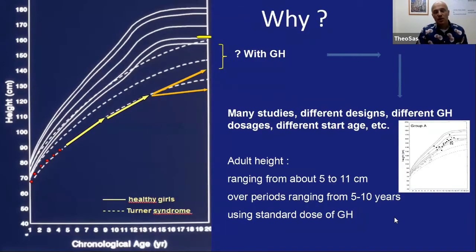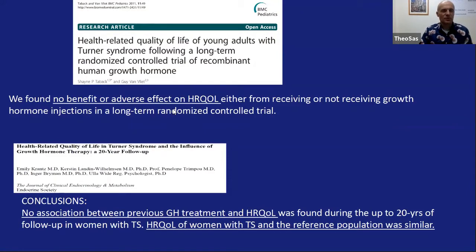In general, when we talk to our patients, they are quite happy that they are not the shortest anymore, or at least they are less short than they were before. The strange thing, but that's not typical for Turner syndrome, is that if we do health-related quality of life studies, we cannot easily find the positive effect back in those studies.